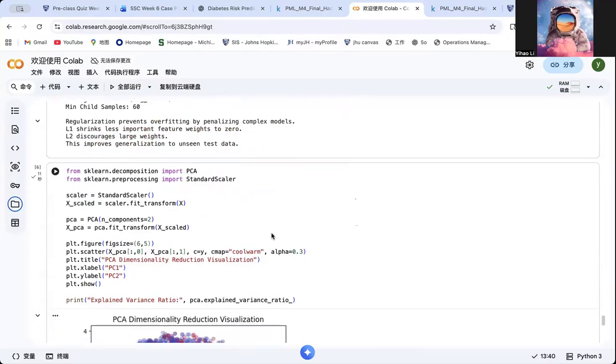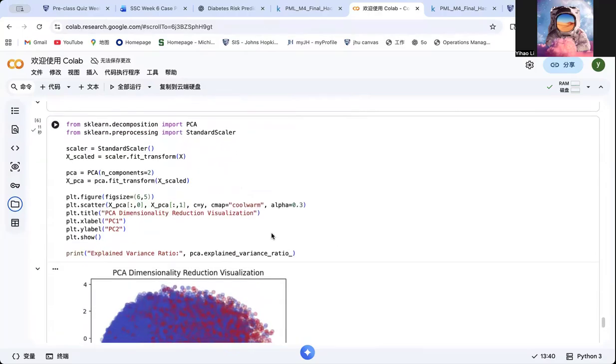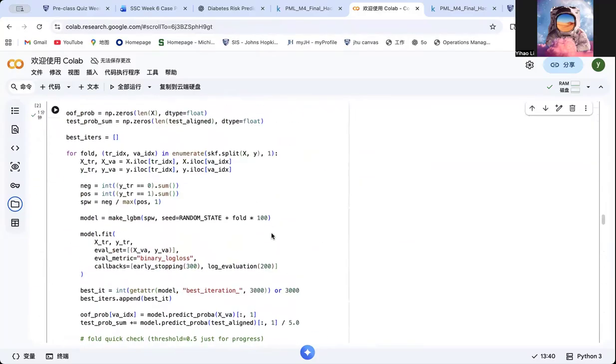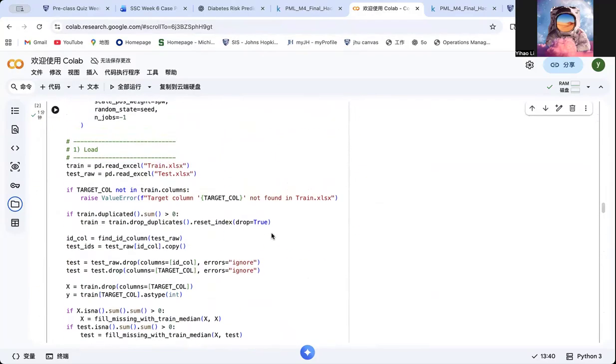The third one is removing duplicates. Next we check the duplicate rows in the training dataset. We identified over 7,000 duplicate entries in the original training data. Duplicate samples can lead to overfitting because the model can memorize repeated patterns rather than learning generalizable relationships. So all duplicate rows were removed before training to improve the model's generalization performance